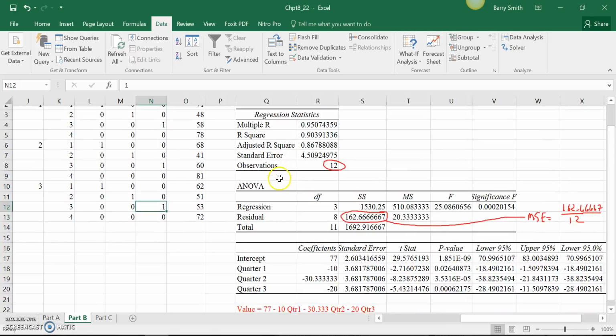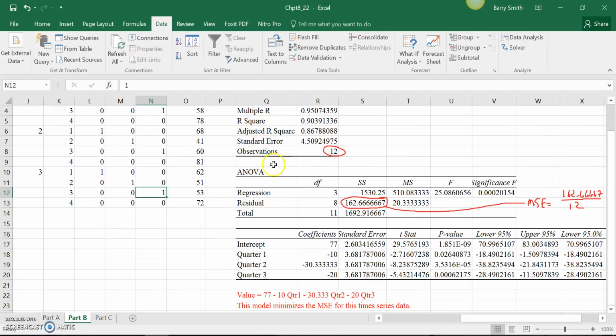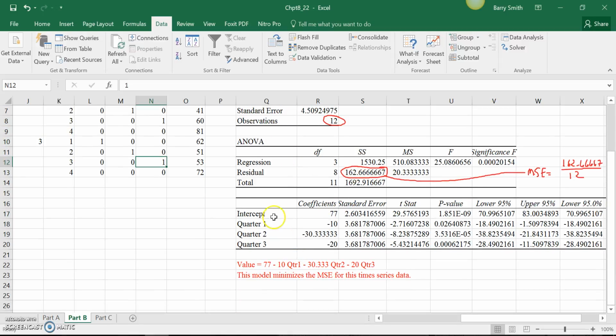And this gives me my output. It gives me my multiple R squared, adjusted R, and so on. And really the key thing we need to have here is this little bit right here. That's one of the things. And the other thing is we can find the MSE. If it asks what the MSE was,